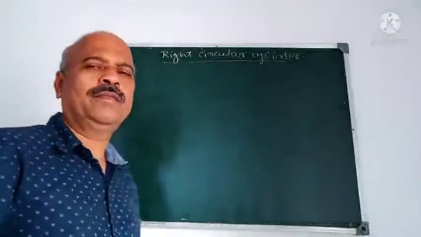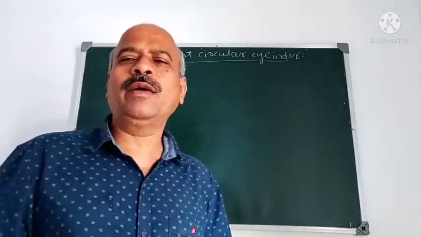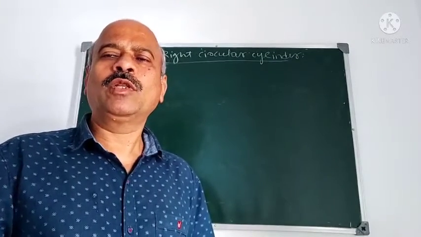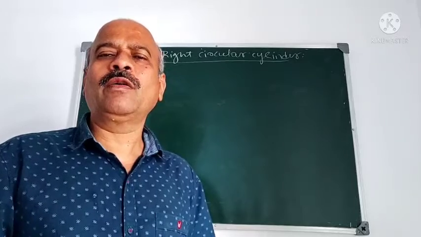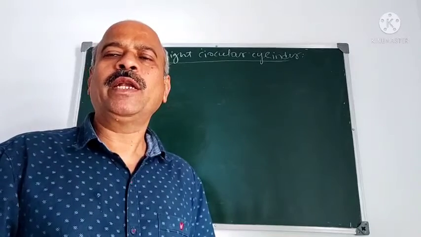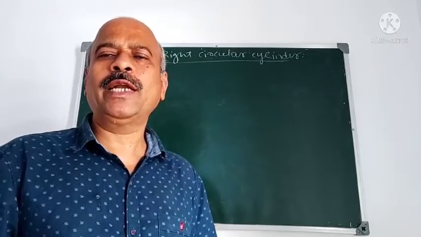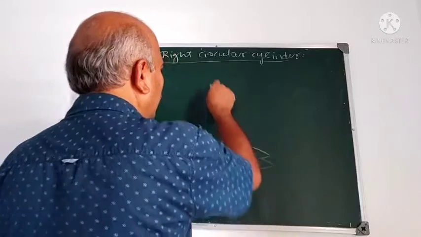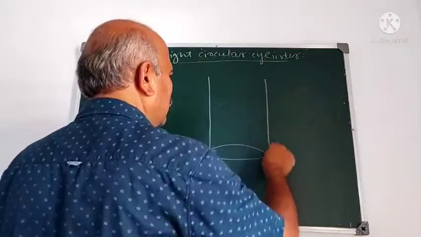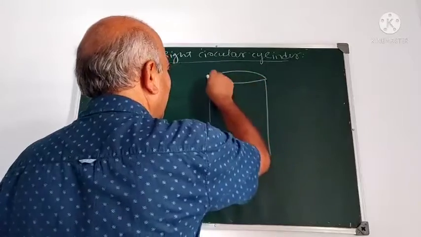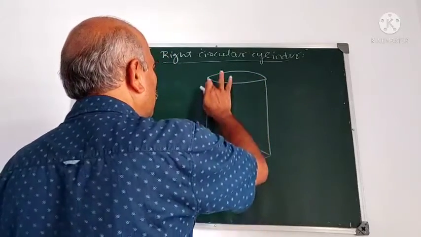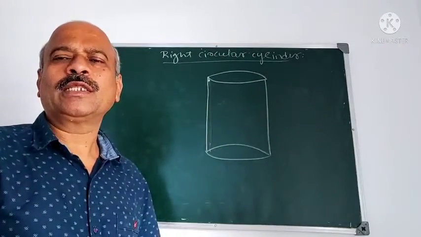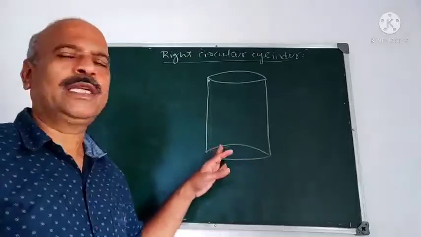How to define a cylinder? A cylinder is a surface generated by a line which is always parallel to a fixed line, and one more thing is it intersects a given curve or it may touch the surface. That given curve is called the guiding curve. If the guiding curve is a circle, then that cylinder is called a right circular cylinder. A right circular cylinder is a cylinder which has two parallel bases and both are circular. Both are circles. We can define a right circular cylinder like this.